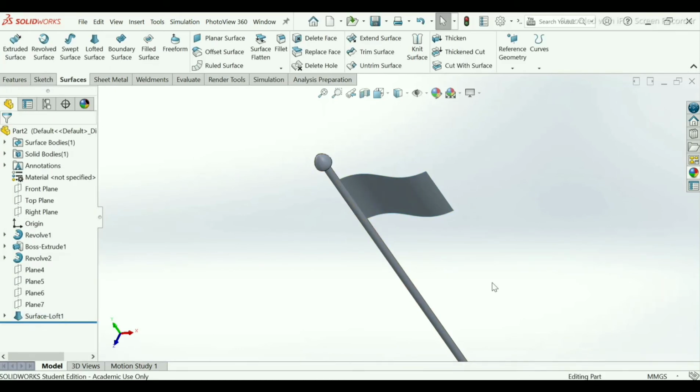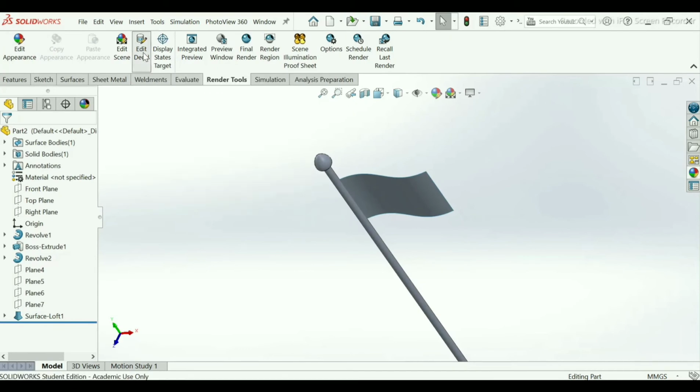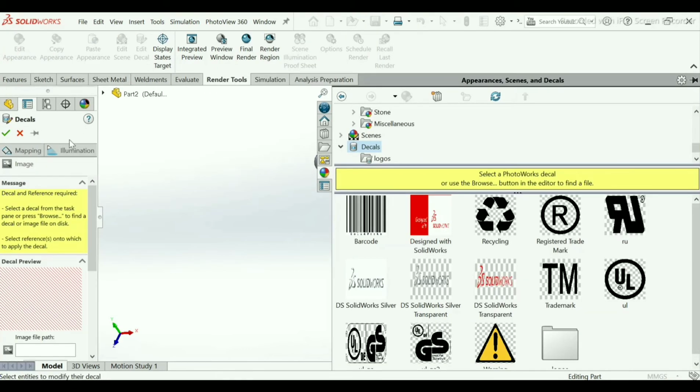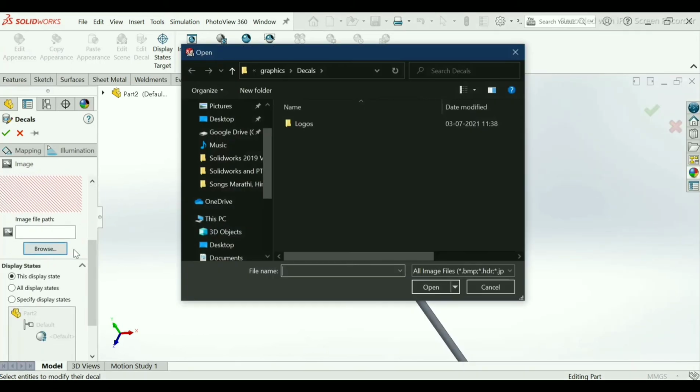Now our flag has been completed. We only have to stick our logo here. So go to render tools, select edit decals, and go to browse image. We have already downloaded our picture, so go to desktop.